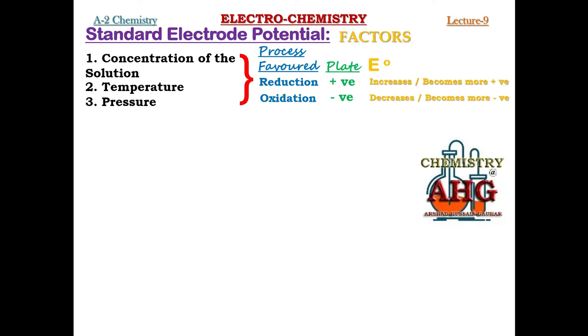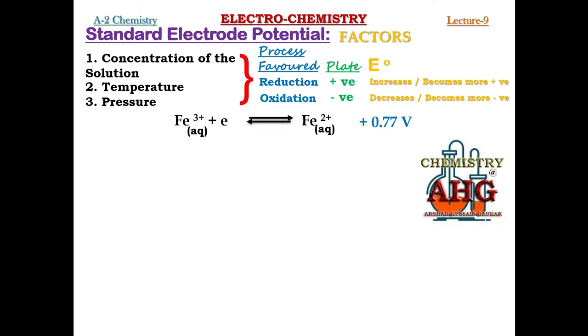I am going to give you some examples where we will study the effect of these three conditions on different half cells. First of all, look at this half cell. This is a half cell containing Fe3 plus and Fe2 plus, and you have been given its electrode potential as well, positive 0.77 volt. This is the standard electrode potential for the given half cell. Now suppose you are asked to tell what is the effect of increasing the concentration of Fe3 plus on the electrode potential of this half cell. So you must think over before you write down an answer, what will happen if concentration of Fe3 plus is increased.